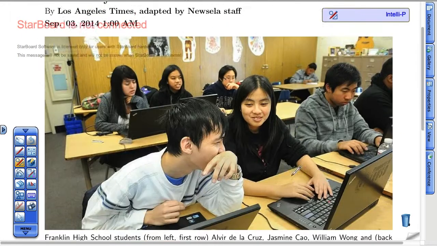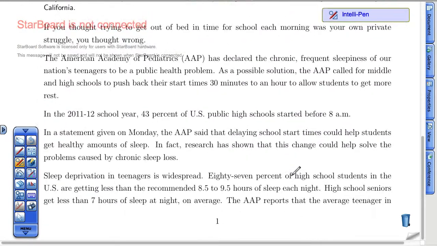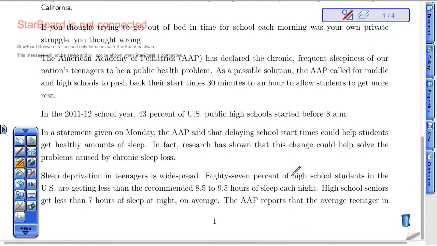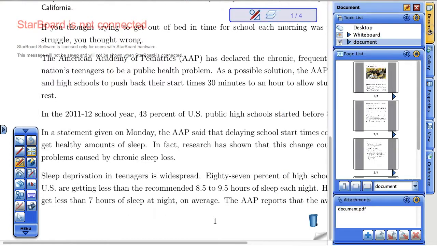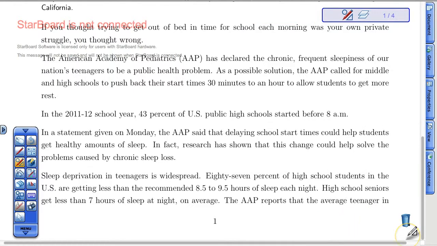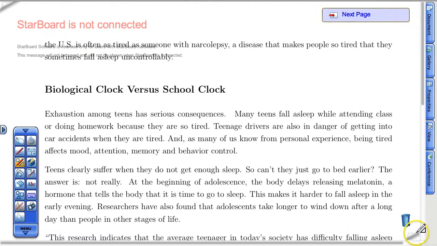Now I can scroll up and down on the page and use my tools from my toolbar to annotate directly on the text. This time, my annotations will stay with the text. When I open up my document folder over on the side, you'll see that this document has multiple pages, so I can click or swipe to turn the page, and then I can annotate on the next page, and the next page after that. Just think of all the great educational graffiti that you and your students will be able